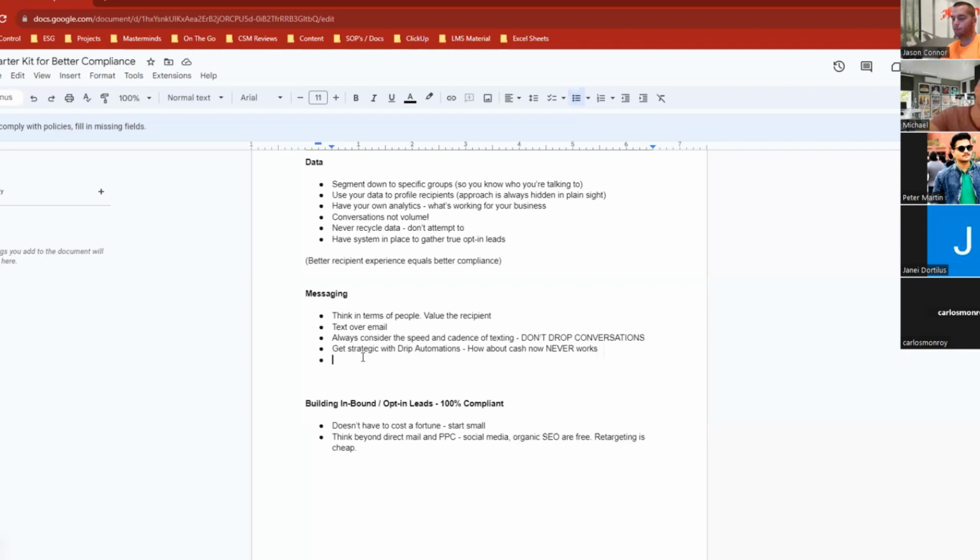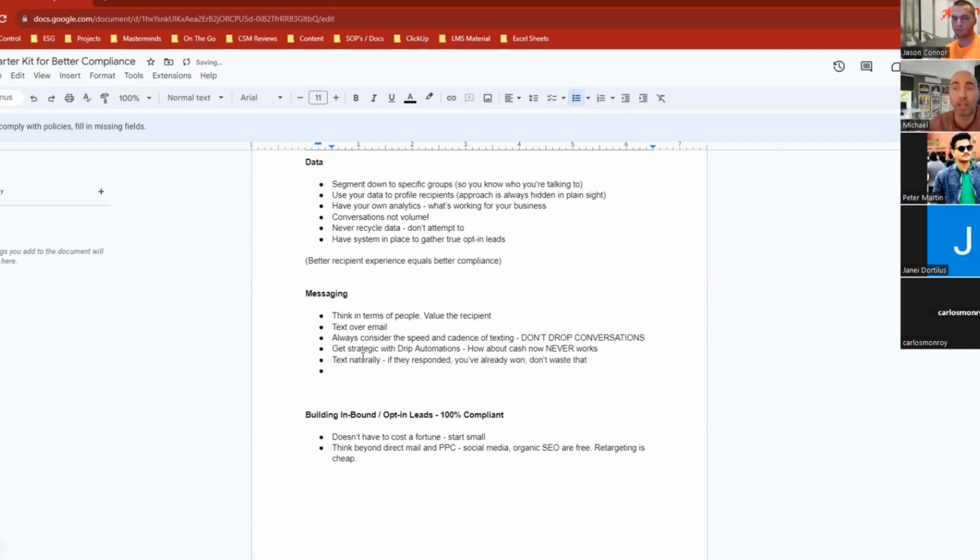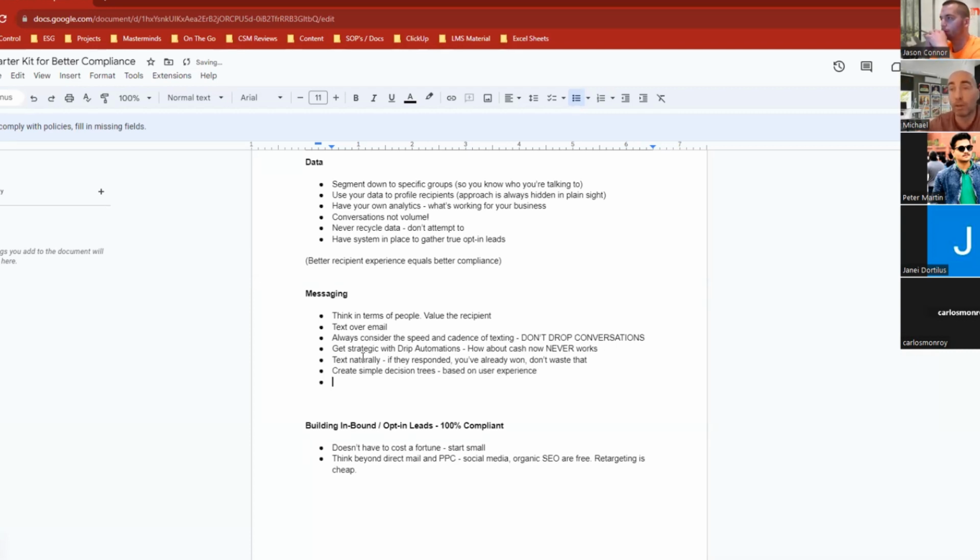Okay, another quick thing, and then a couple more quick things, and we'll go to Q&A. Have a decision tree, all right? If you're not running this yourself, you guys know what the responses that come in are. There's not that many, right? So have a decision tree for the person running your system for you. So look, if the person says that they want $500,000 for the house and it's worth 120, what do you do? Is this a pick up the phone situation? If so, then the person running your system needs to know that they need to notify the sales agent to pick up the phone, right?